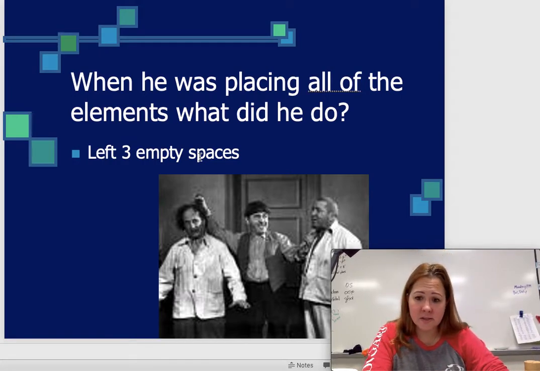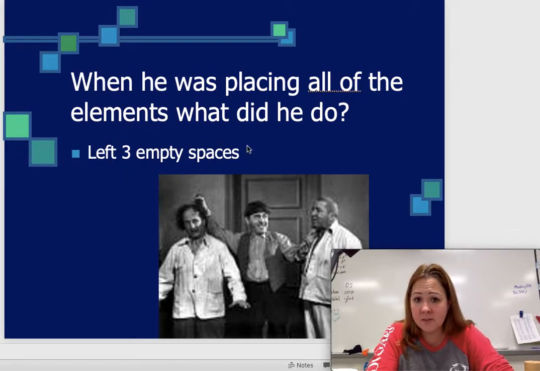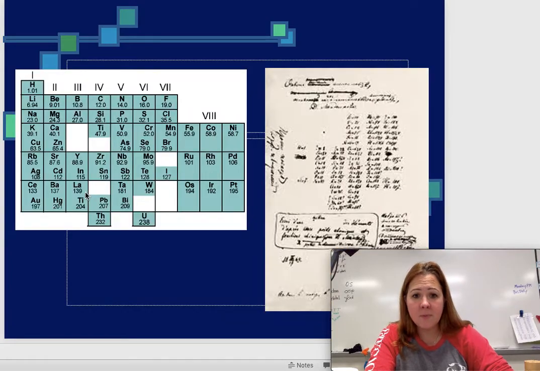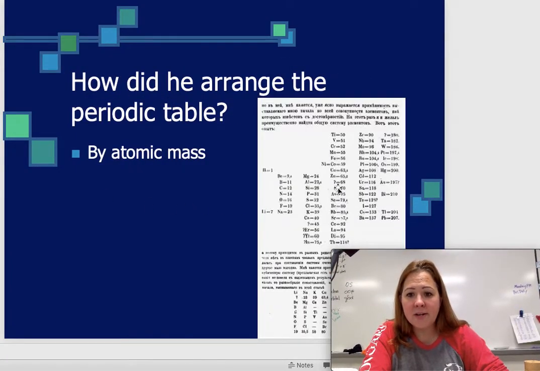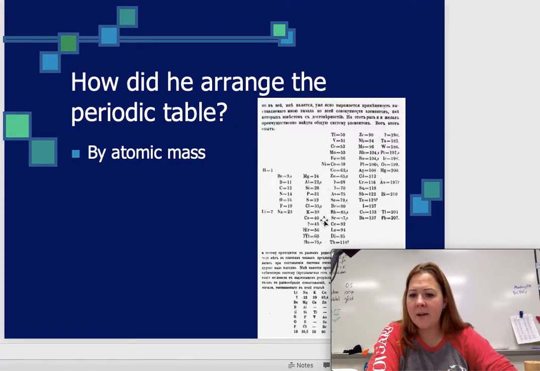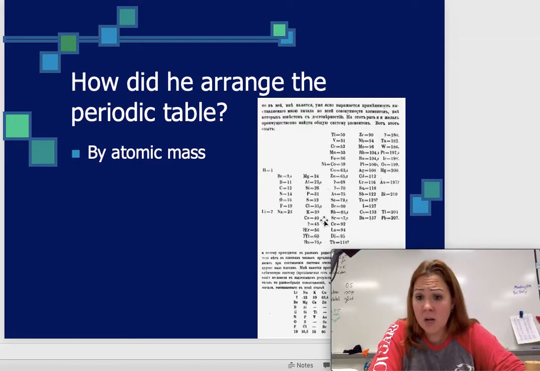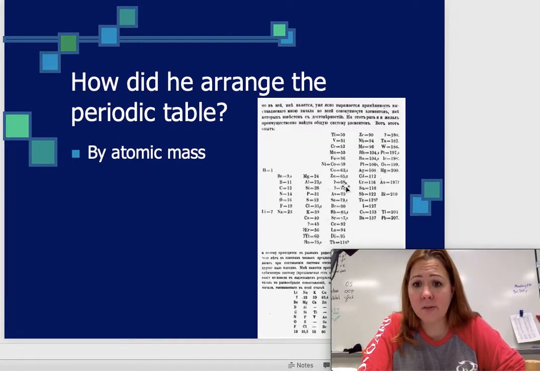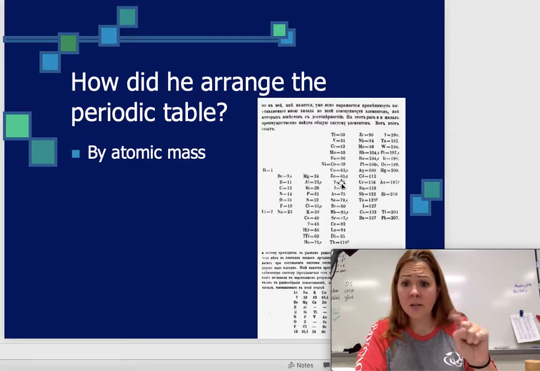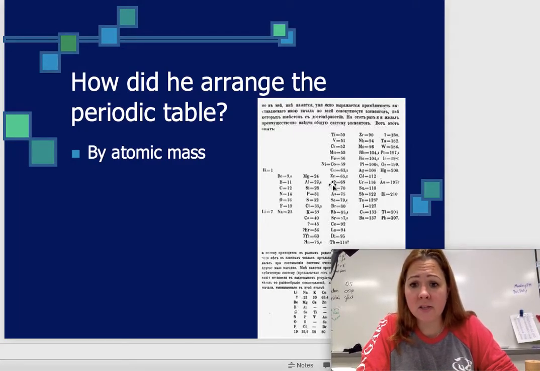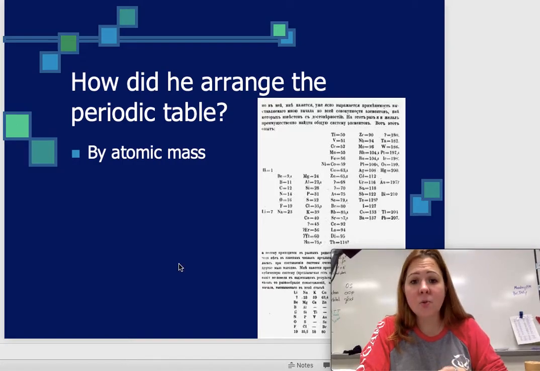Now, when he did this, his kind of whoa moment was the fact that he left 3 open spaces on his periodic table. I'm going to go back a couple slides. And when you look at his periodic table, he left question marks right here, but he said that it's going to have a mass of 68. He left a question mark here and said it has a mass of 70. And he left a question mark here and he said it had a mass of 45. Now, he didn't know that there was actually anything in that spot. He was making estimations at that point. And he said, you know what? We're going to discover an element one day, and it's going to plug into this spot, and it's going to have these masses. So he's making pretty bold